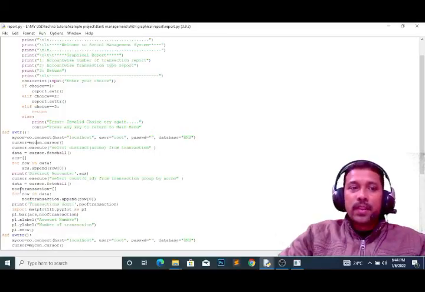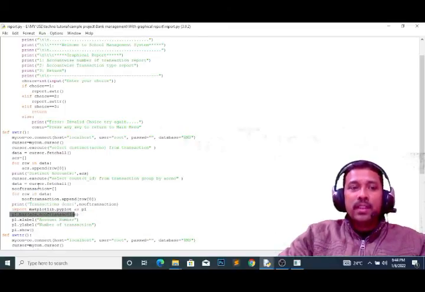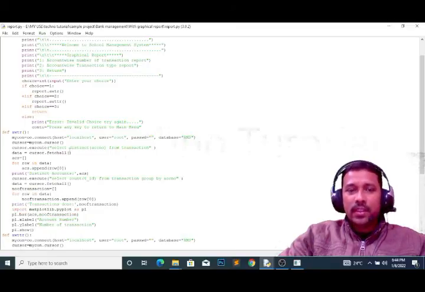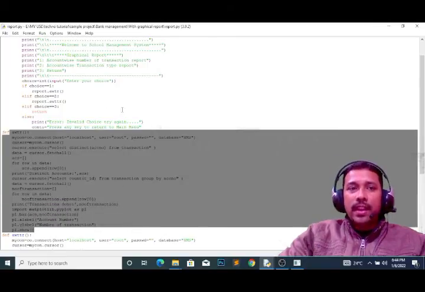So all these things we are retrieving and just displaying the bar diagram or pie chart, whatever it is. As per what you have done in classes, how to display the bar diagram, how to display pie chart, like that I have done this. If you see this, then you will understand automatically. Okay, so this is the part that we have done, AWRT, and this is the graphical report for account wise transaction.